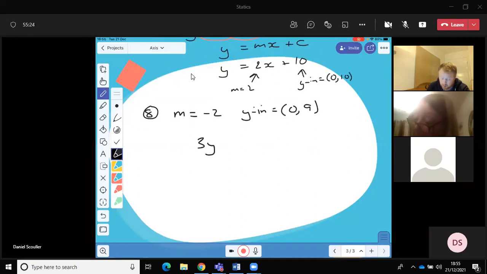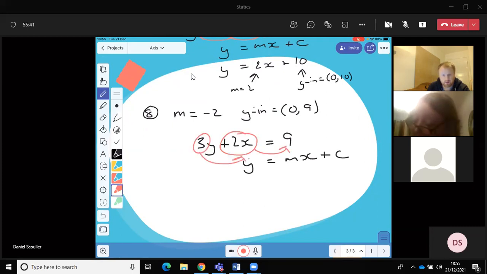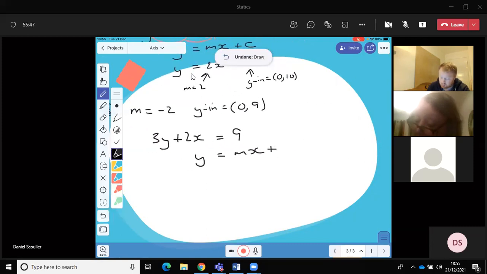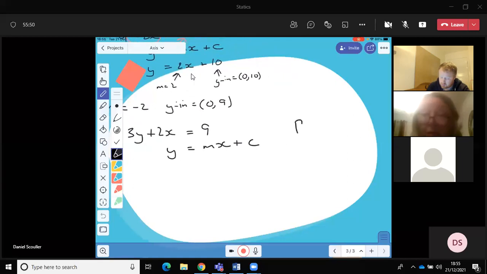Okay, so we've got 3y plus 2x equals 9. So we're wanting to rearrange that equation. So we've got y equals mx plus c. Okay, so first we want to move this over, and then we want to get rid of that 3. That order is just going to be our BODMAS, and we're going to be working right to left. The first thing you move when you're rearranging, you add and subtract. So you'd be left with 3y